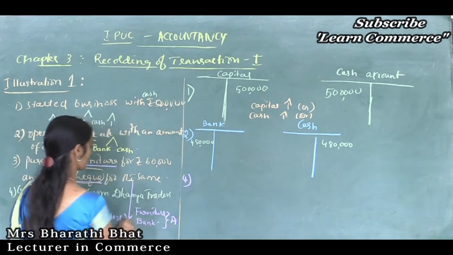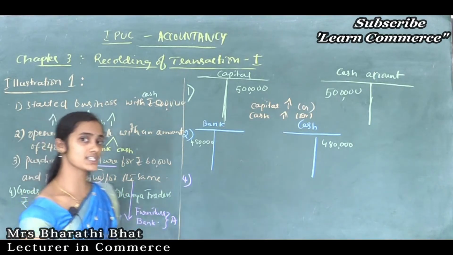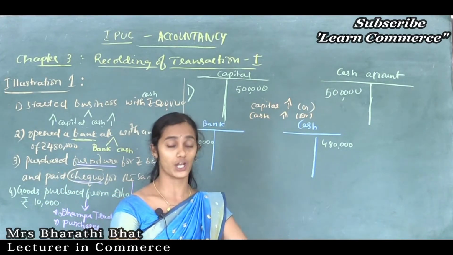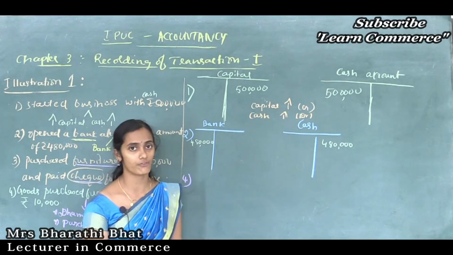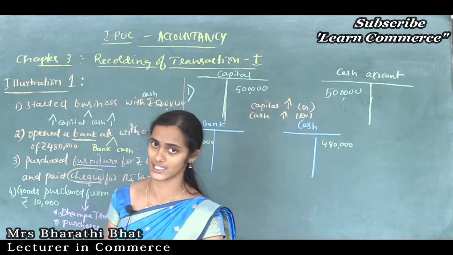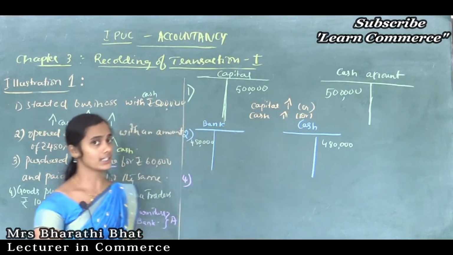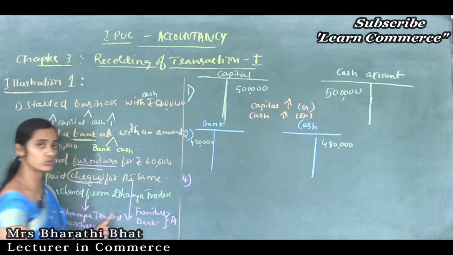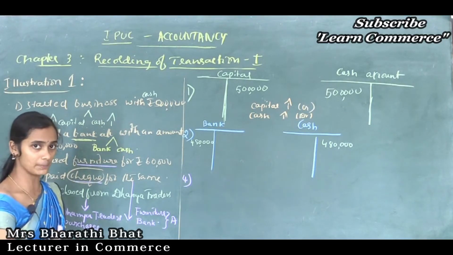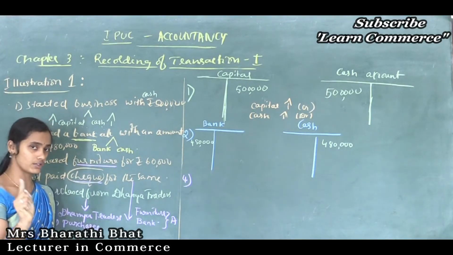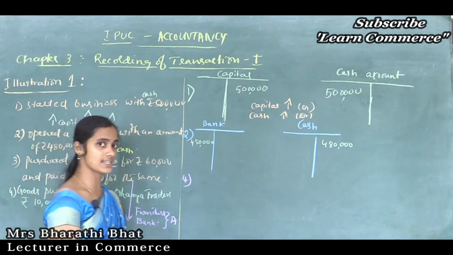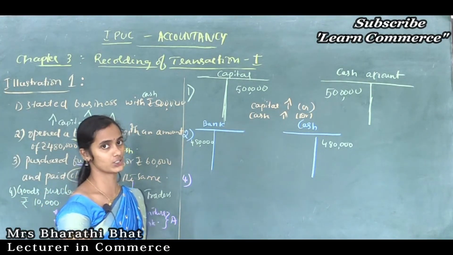See, if we make a credit purchase, it is considered as a liability. We have to pay that amount in the near future. So it is a responsibility of the business concern. Cash is not yet paid by the organization. We have to pay that amount, 10,000, to Dhanya traders on this day or in the future. Getting my point? So the credit purchase is considered as a liability for the organization.